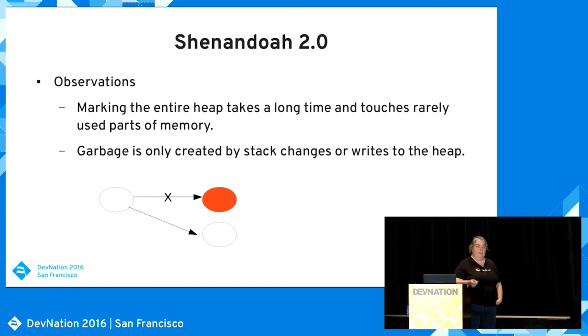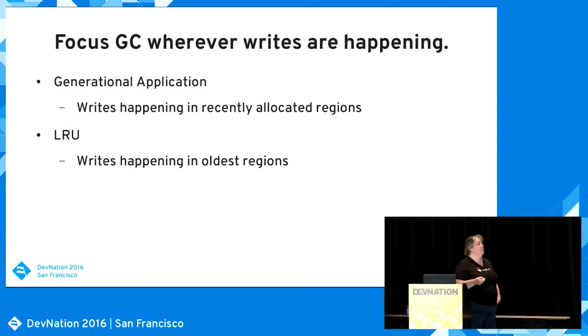So if nobody is changing the references to those old objects over there, we're going to leave them alone. So we want to focus GC wherever the writes are happening. We want to scan the stack, and we want to scan the heap regions that are getting lots of writes, and we want to scan the heap regions that are referenced by those regions. But we want to try and contain this into a smaller set so that we can do less work and